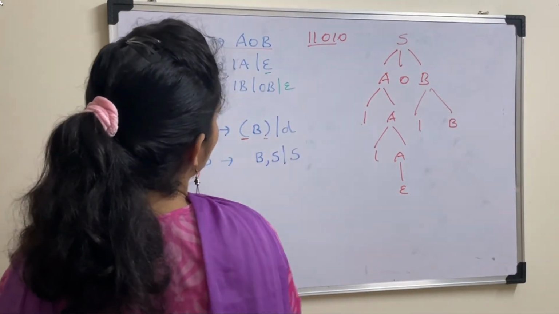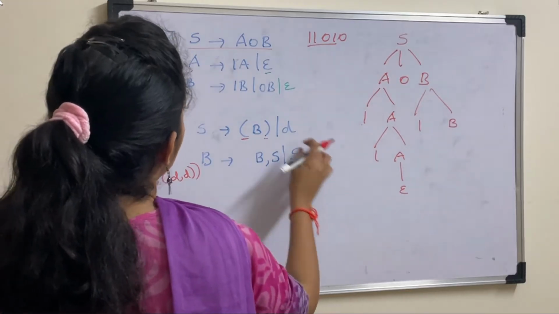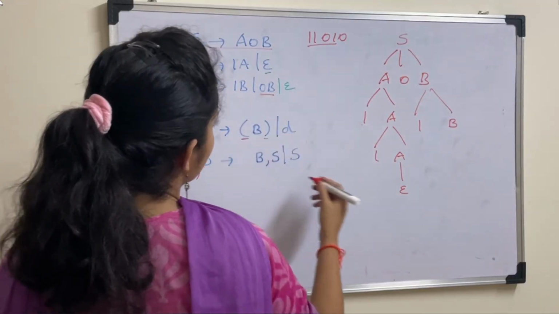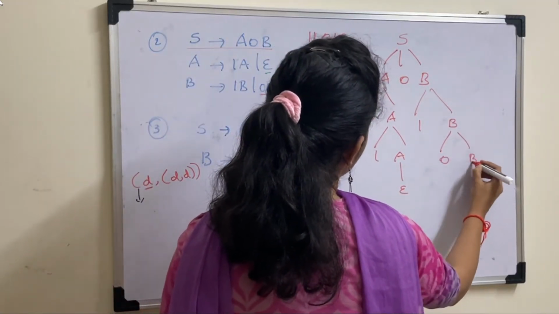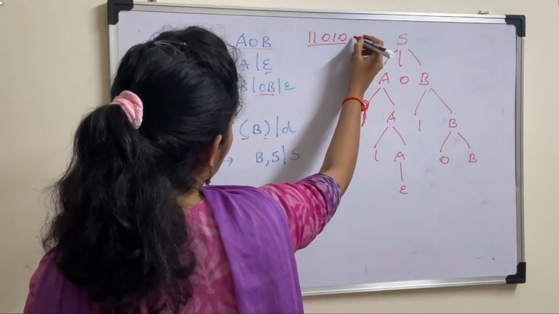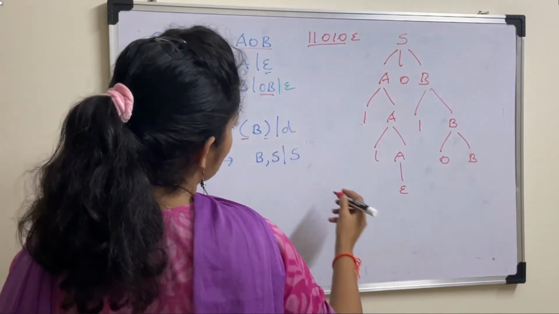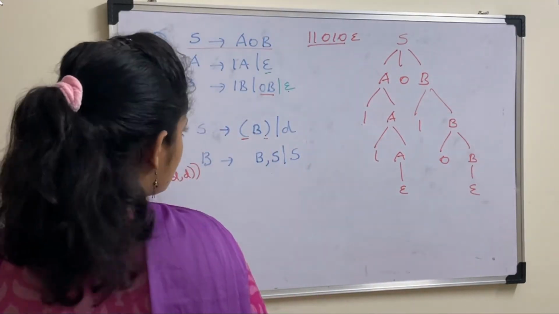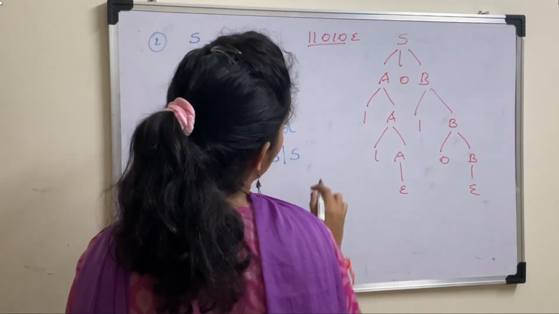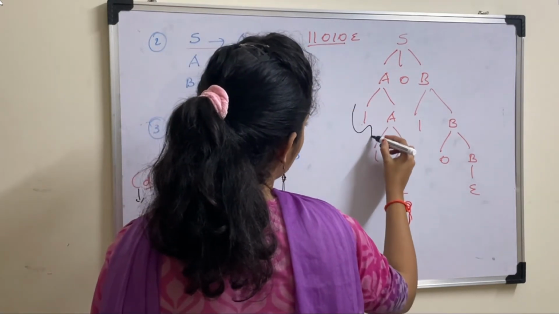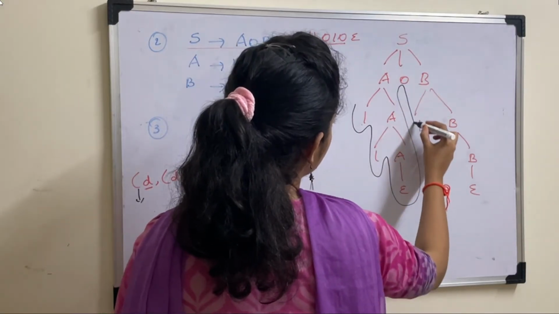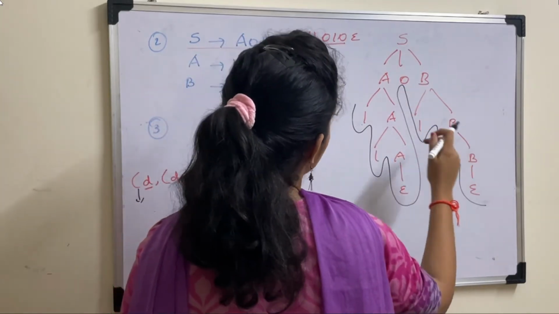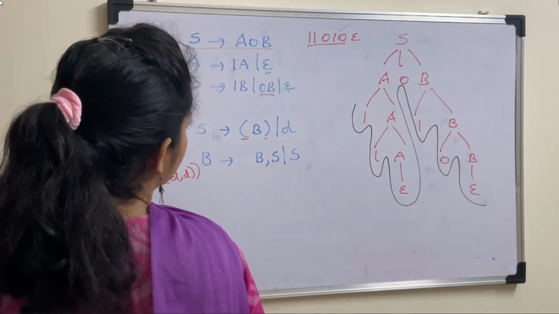Now the first 4 terminals are obtained from this grammar. Now in place of this B, you should get 0, so let us take this production 0B. After 0, we don't have anything, which is nothing but epsilon, so you can substitute this epsilon at this place. Now check whether the required string is obtained from this grammar or not. You can check it from left to right like this. Okay, we got 1 1 0 1 0. So this is the required string.